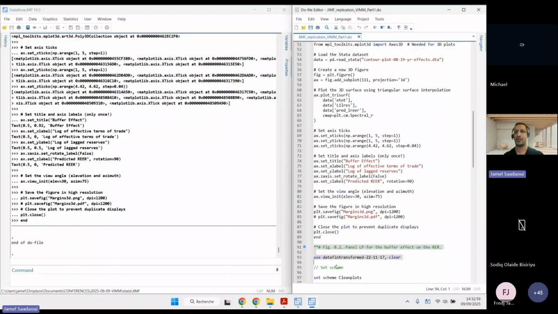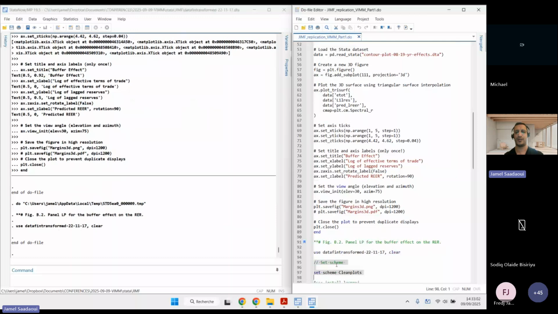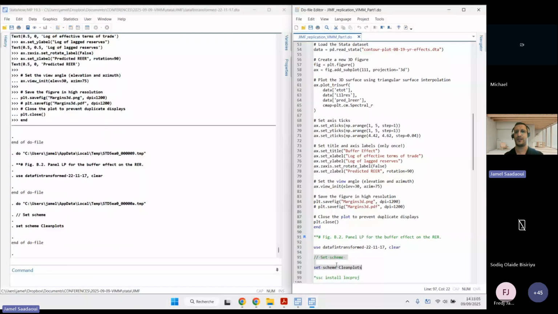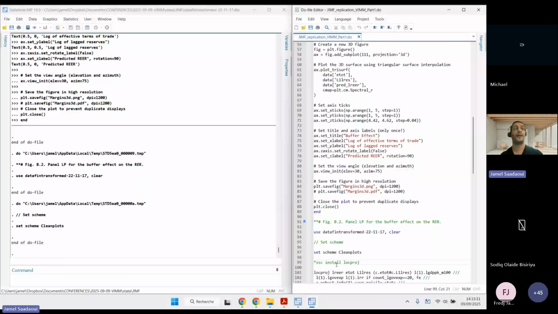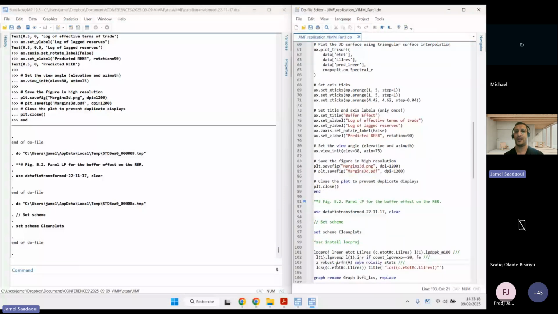So I choose a scheme. I recommend CleanPlot, which is made by Asjad Naqvi. You install logproj. I will not do it here, but you have to install logproj. logproj comes from Alfonso Ugarte Ruiz, who is at BBVA Research. So first, the writing is very simple. logproj, the target variable, the exchange rate, control variables, terms of trade, lagged reserves, and the shock will be on